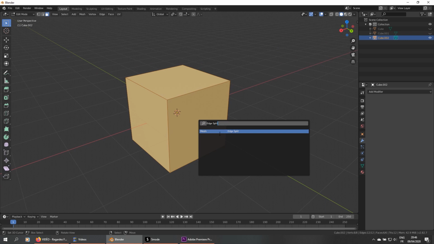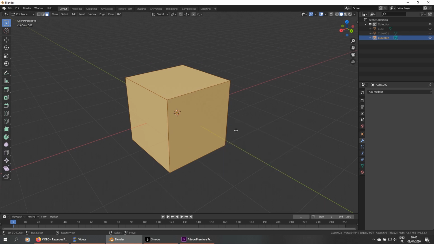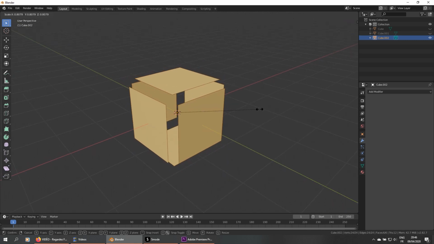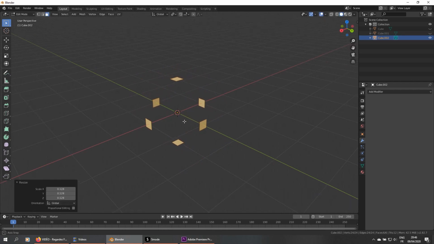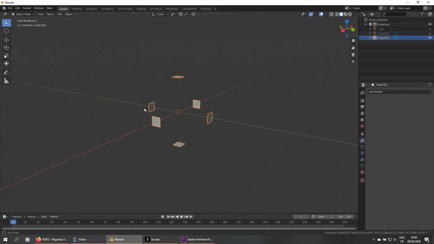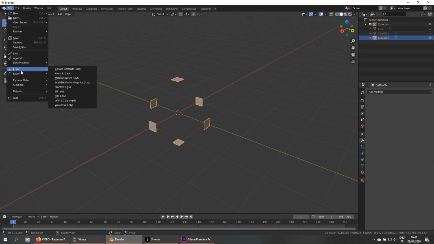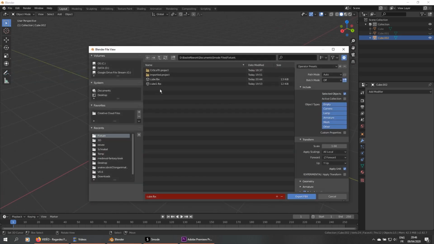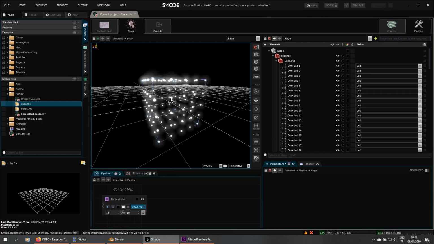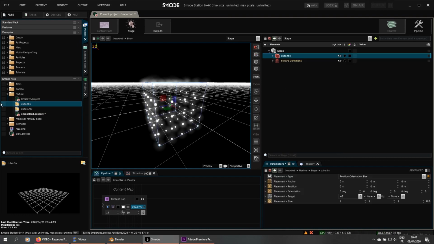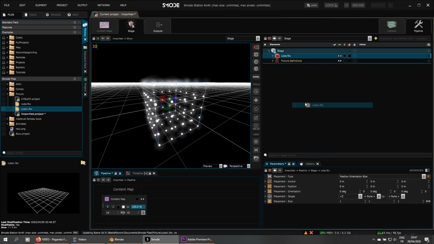So let's do edge split and then scale down a little bit each face. So this is the object I want to export. So let's do it again and export it as cube1 and import this new cube into the stage as fixture.